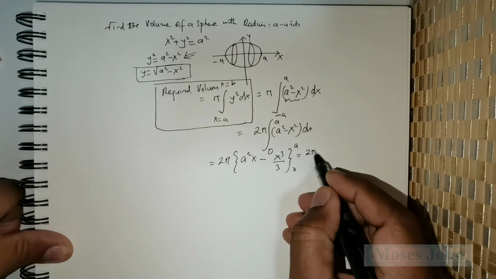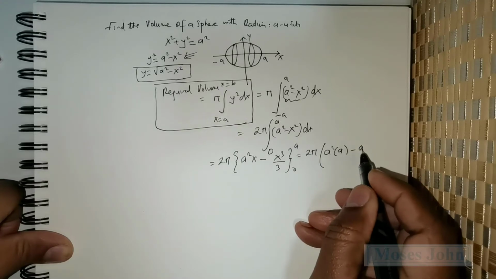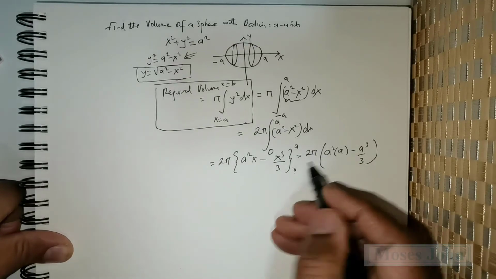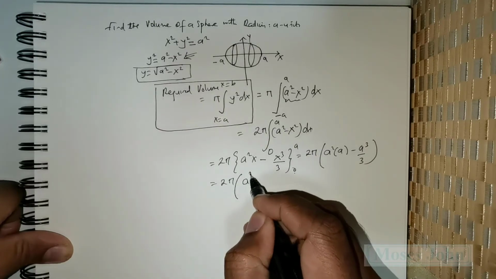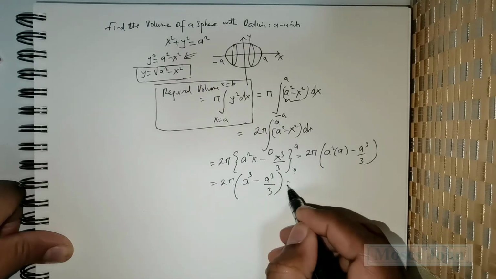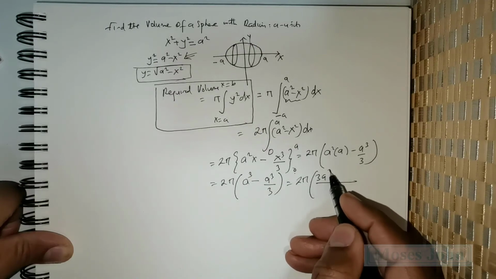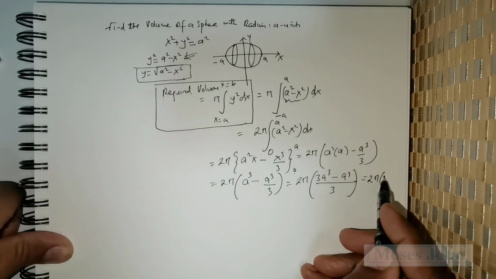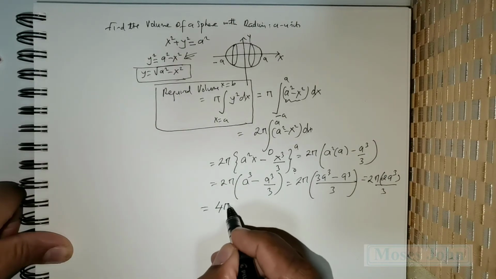Now if I were to substitute the upper limit, it's going to be a squared times a minus a cubed divided by 3. There's no point in substituting the lower limit. It's going to be 0. Now this is rewritten as 2 pi times a squared times a, which will give you a cubed minus a cubed divided by 3. I take the LCM and rewrite this as 3 times a cubed minus a cubed, which is again rewritten as 2 pi times 2 times a cubed divided by 3, which is nothing but 4 pi a